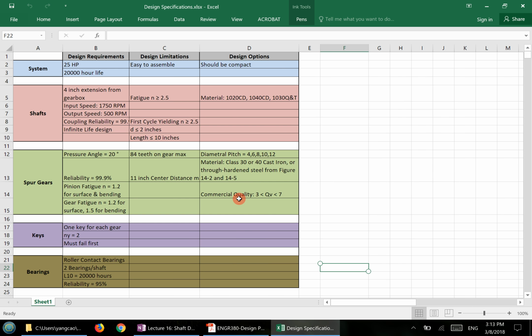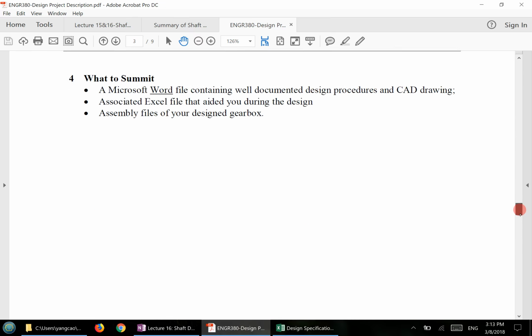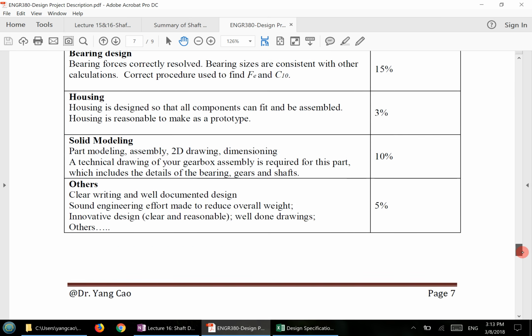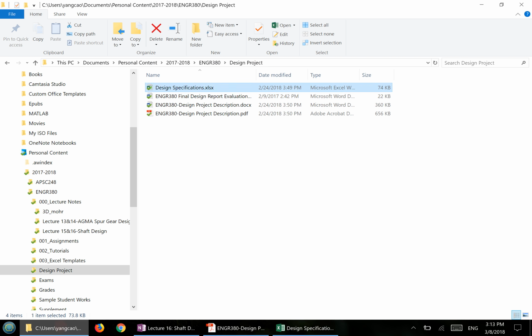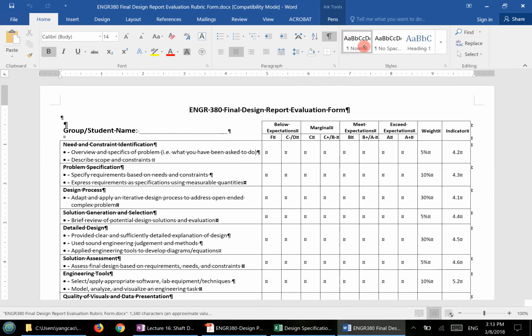And that brings me to my evaluation of the design project. There are grade breakdowns for different sections of design. There's also part of the grade given to the modeling and the writing. I have another rubric uploaded for the grading of this report, and this rubric is essentially